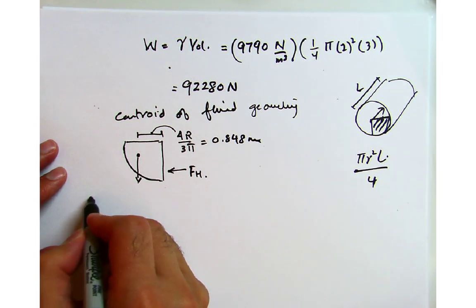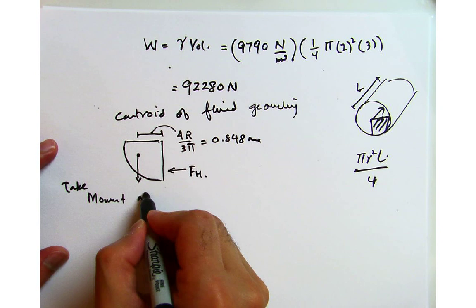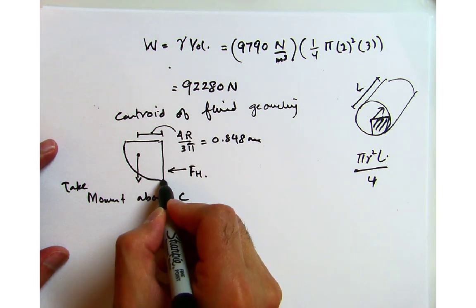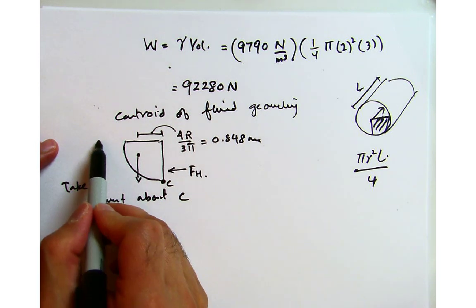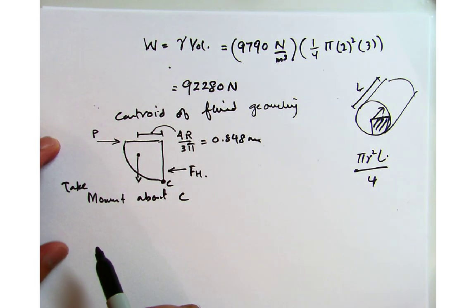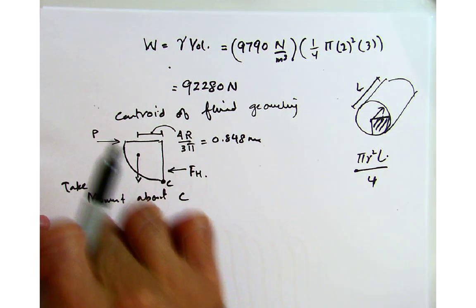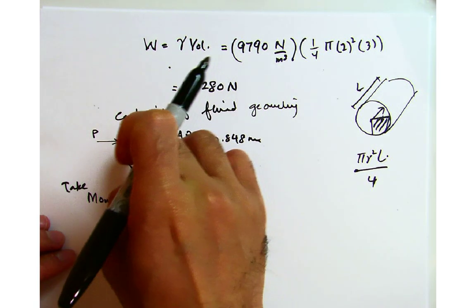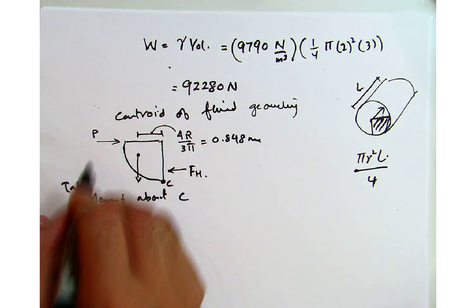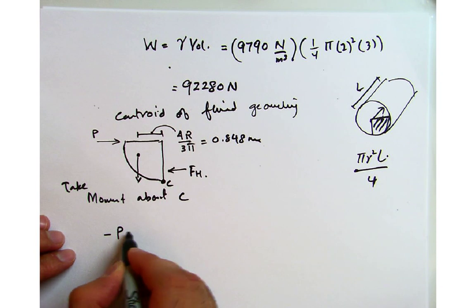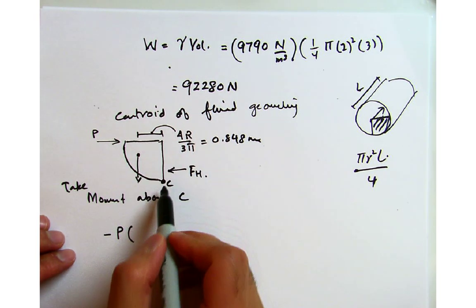So we can take the moment about C, which is this point over here. So this is our hinge. We're going to take the moment about this C, and we have to find what this force P would be, the required force P. The clockwise I will take as negative moments, and the counterclockwise I will take as positive. So the first one is negative because it's trying to rotate it clockwise, so it's going to be minus P times the distance, which in this case is 2 meters,